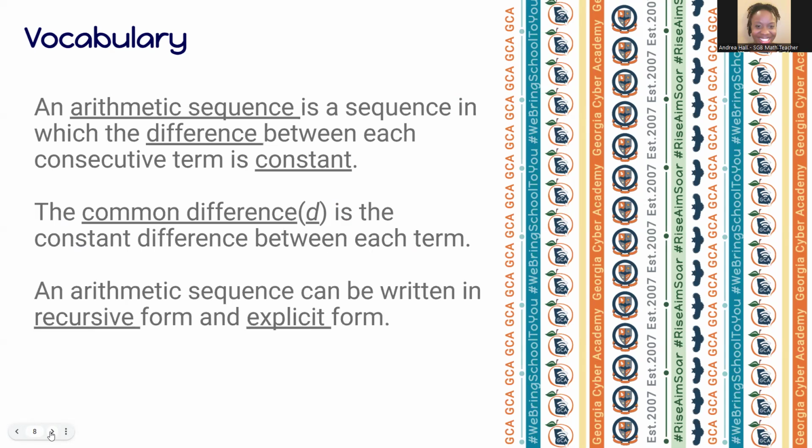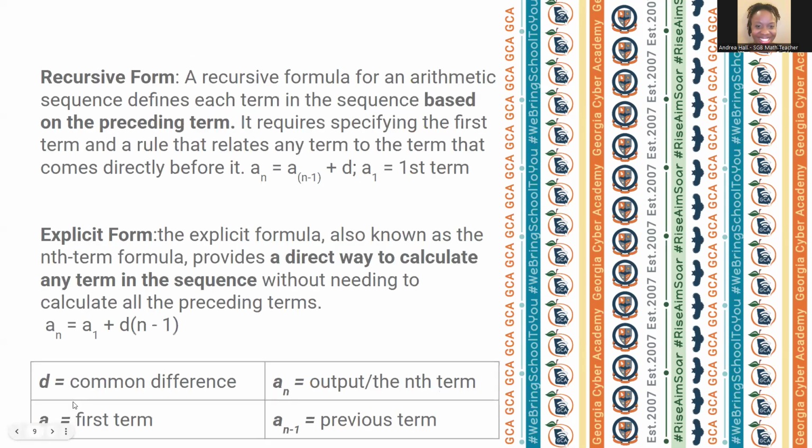An arithmetic sequence can be written in recursive form and explicit form. And now we're going to share with you what that looks like. The recursive formula for an arithmetic sequence defines each term in the sequence based on the preceding term. So in a recursive formula, you need to know the first term or the preceding term in order to figure it out. It requires specifying the first term and a rule that relates to any term